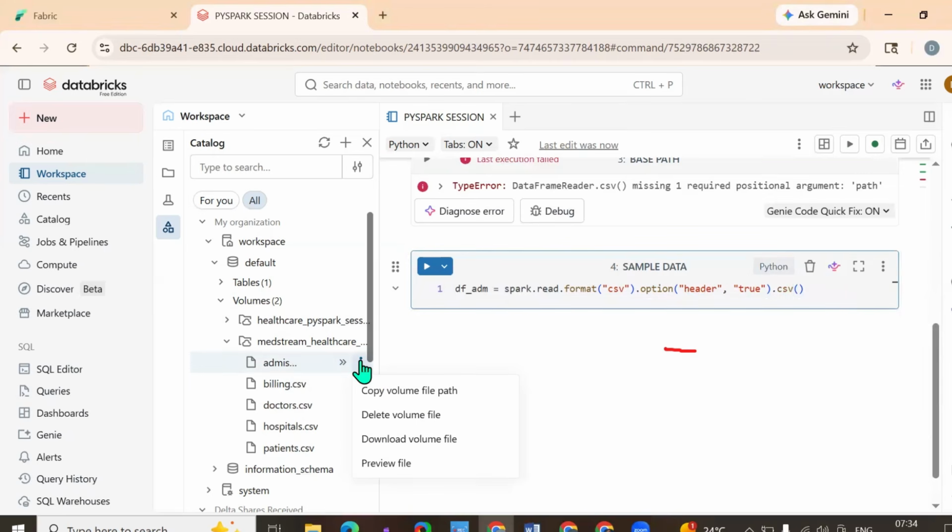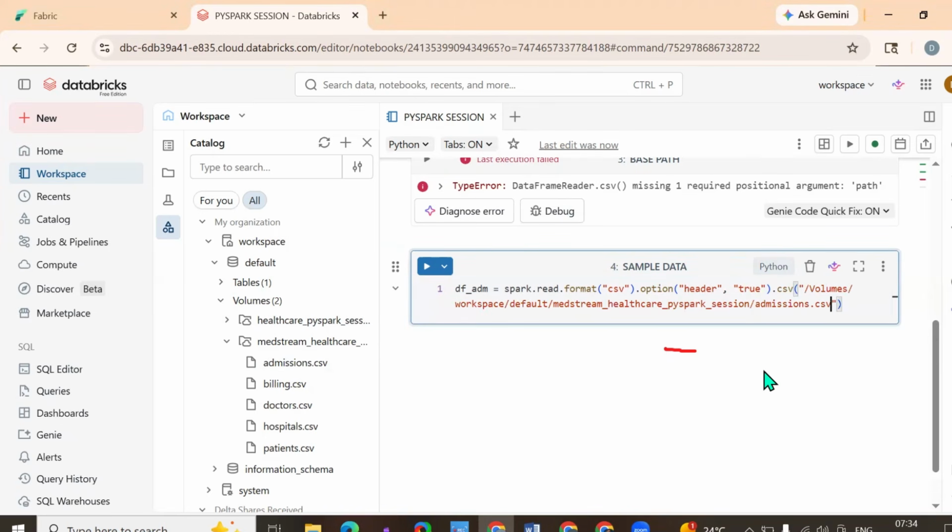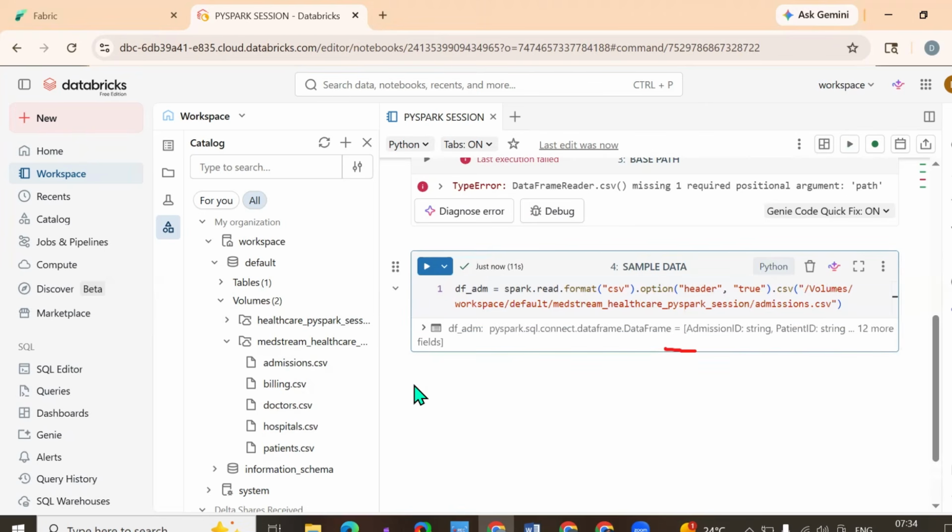Click on three dots, copy volume path, and in the double quotes, let me enter it. And after entering, what do we need to do? We need to execute this. Okay, let it run. Yes. Now you see